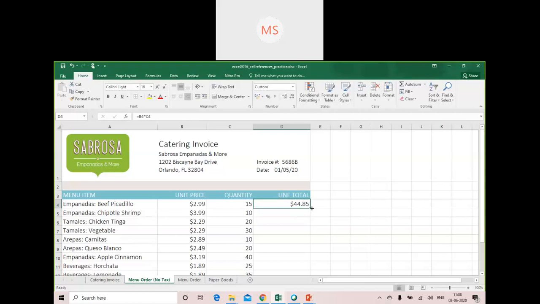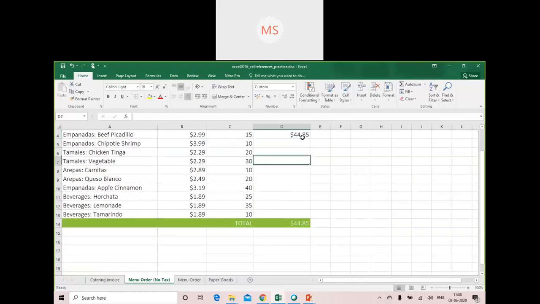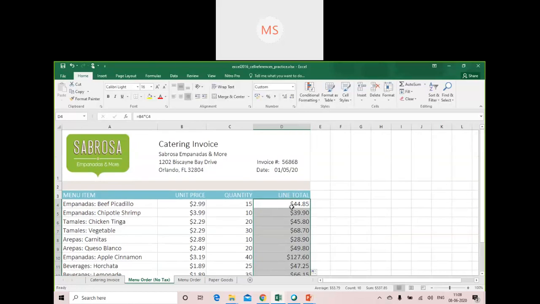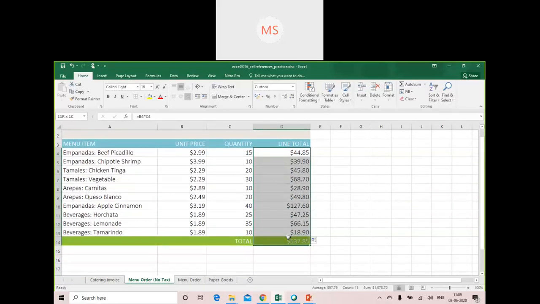And when I'm dragging it, because the formula is going to be the same for all these rows, I'll drag it to this, and this is how it has been calculated. So all these are examples of cell referencing. Okay, but what I need is the total along with tax.